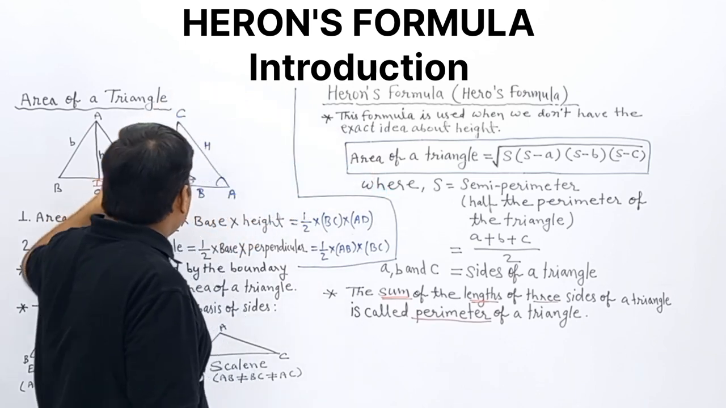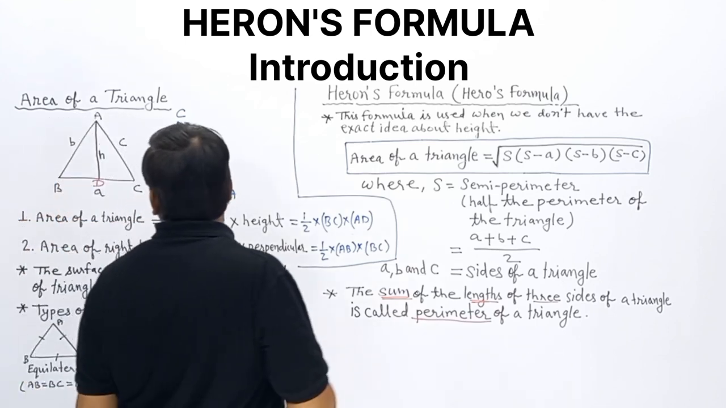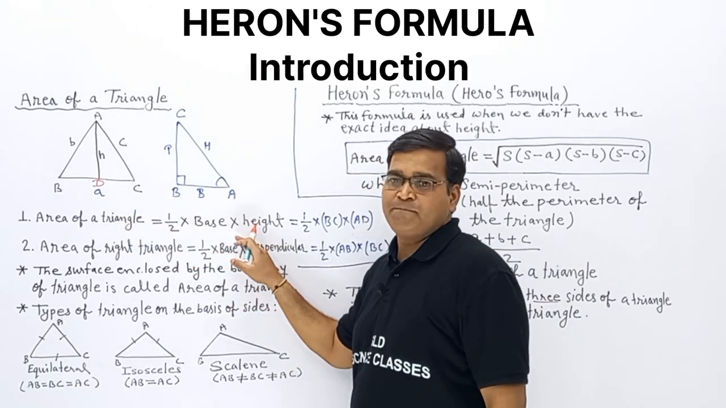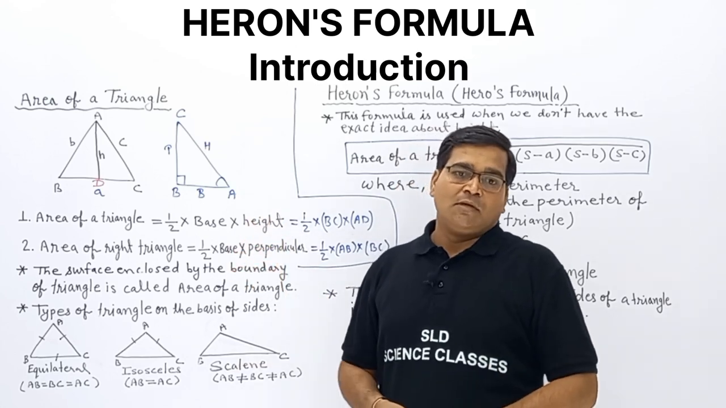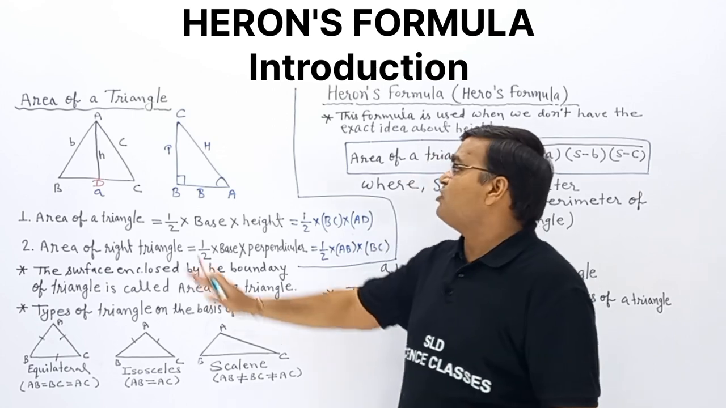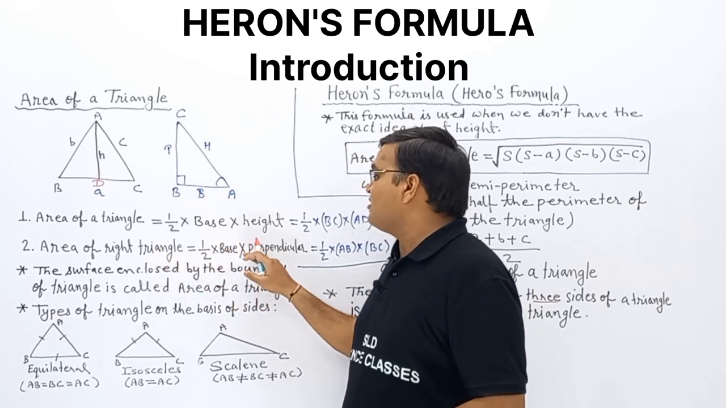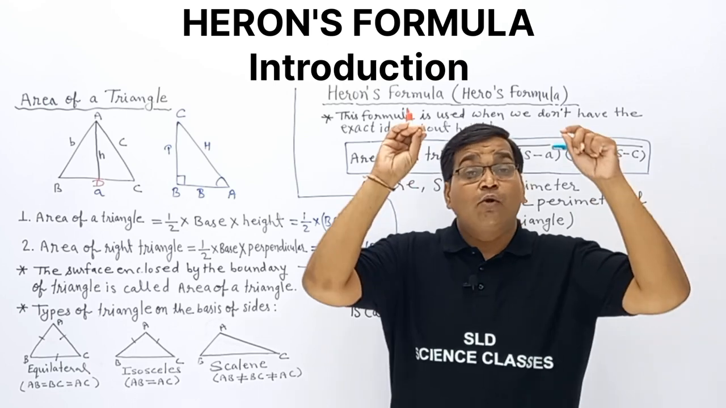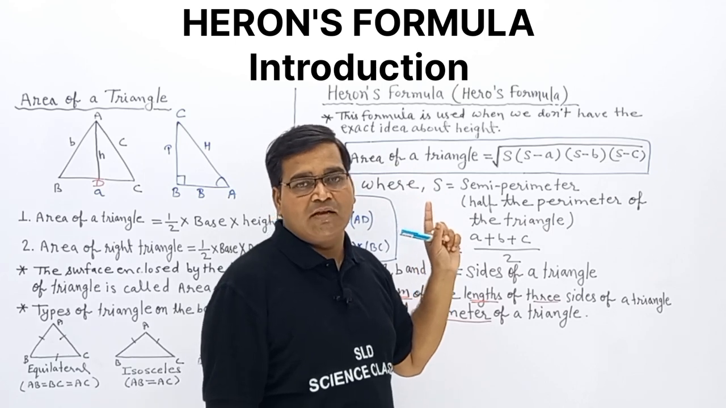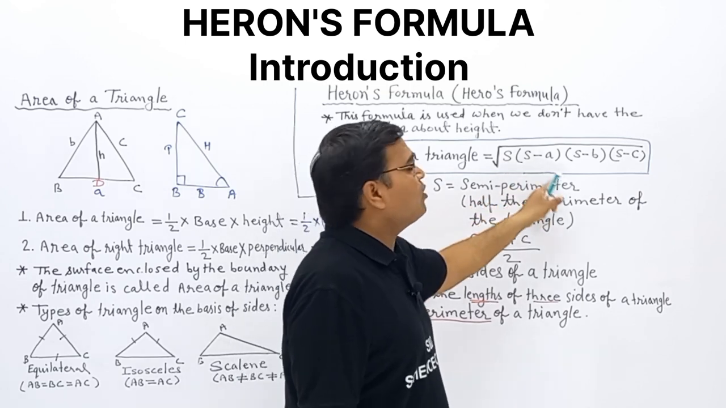We have other formulas also to find the area of a triangle. If we have the base and height, then we will use this formula. If we don't have the base and height but we have a right triangle, then the perpendicular will be the height, so we will use 1/2 base into perpendicular. But if we don't have any exact idea about the height, then we will use Heron's formula. Clear? So in it, s is the semi-perimeter, and the perimeter is the sum of all